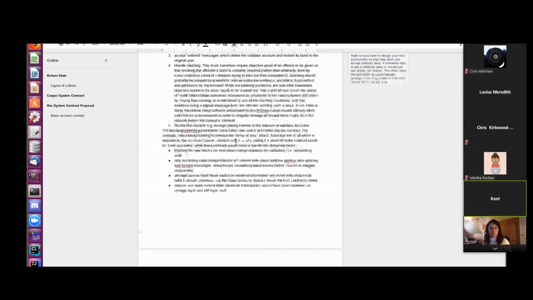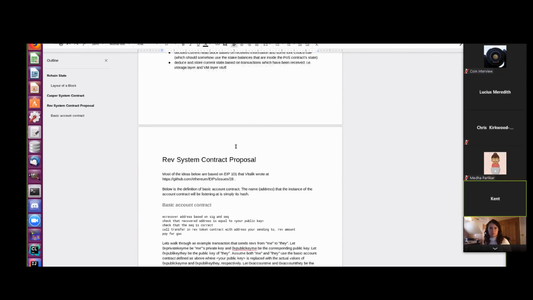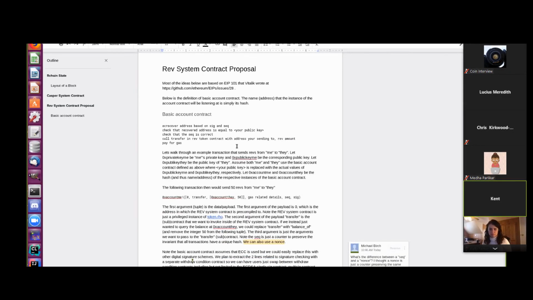I'm going to skip over the Casper contract right now, but what mostly the past couple days have been was concentrating on the Rev system contract. And so the Rev system contract is just one contract out of many that will be stored inside the block. And this is a privileged contract, but we are going to essentially just model it off of the ERC20 token contract. And this is really nice because